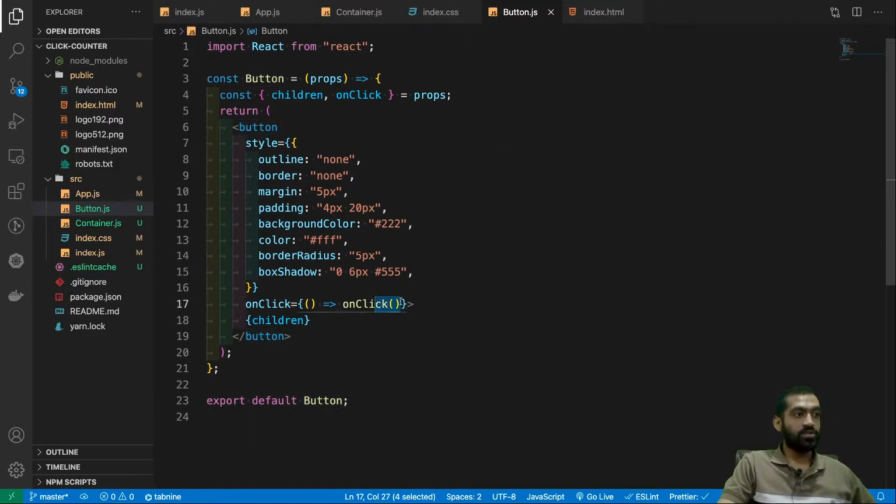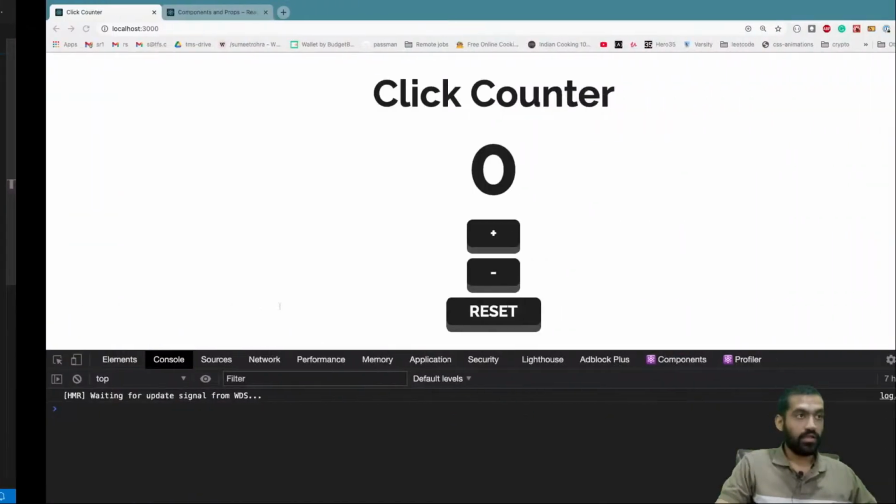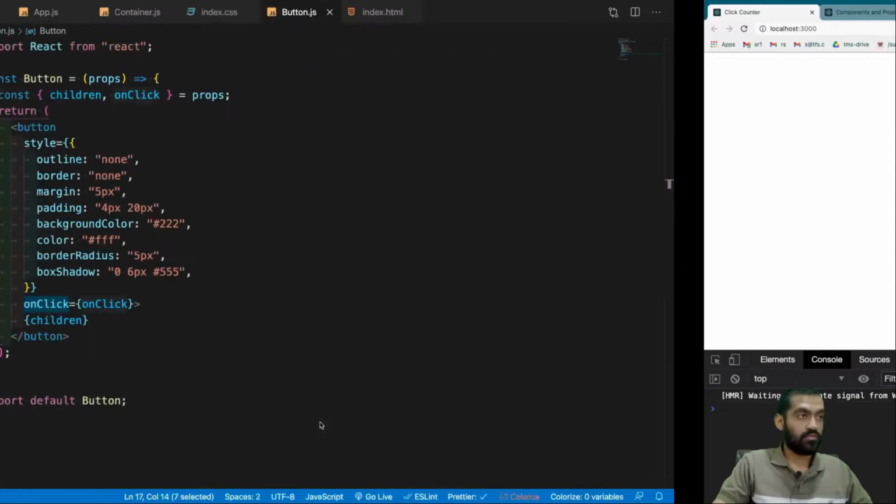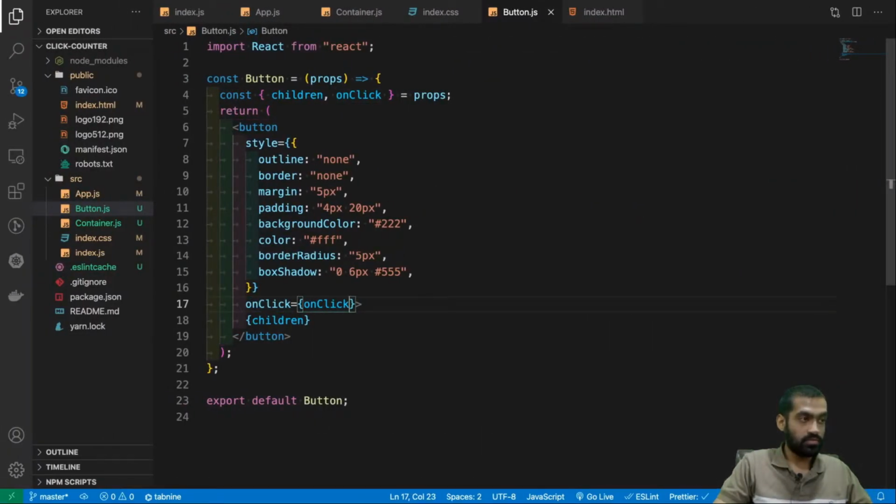If we are just calling this on click without passing any parameters, we can remove this bracket and we can remove this function. So basically we are now passing this function as a reference to this function. If we go there and refresh, it's still working. But what if we just do this?